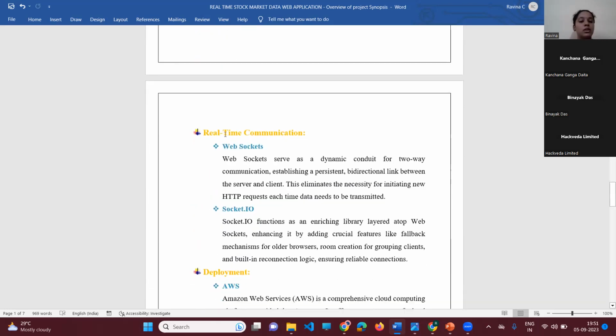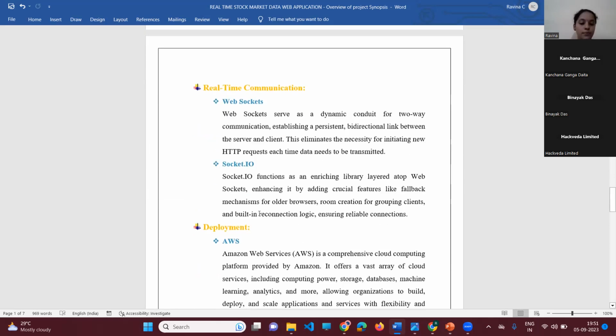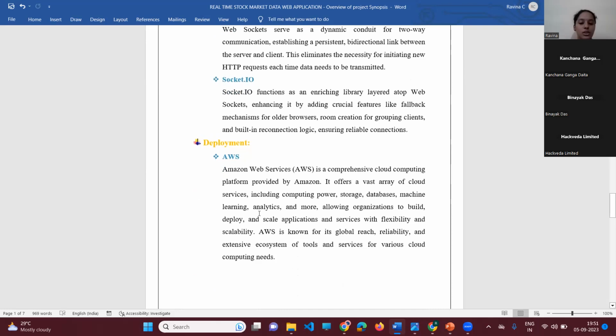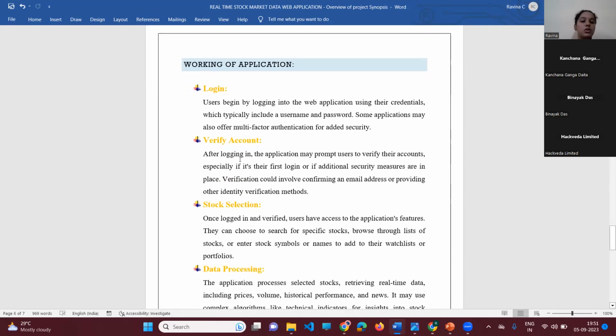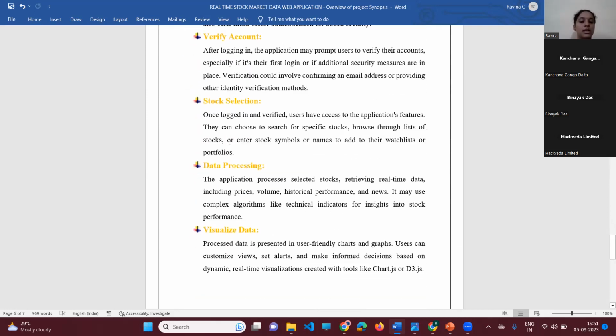Real-time communication comes under WebSockets and Socket.IO. For deployment, AWS, that is Amazon Web Services. The working of the application goes in the order of login, account verification, stock selection, data processing, and the processed data